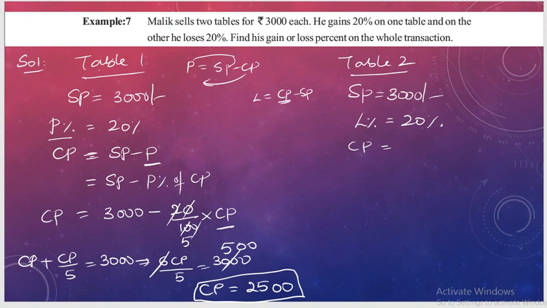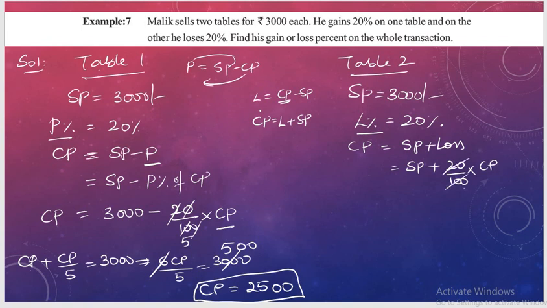So from this, CP is equal to loss plus SP, right? So CP is equal to SP plus loss. Here loss percentage is given, no? So SP plus loss percentage means, if you want to convert the percentage into loss, we can directly take it as 20/100 into CP. Now again, if I transpose, this becomes CP minus 1/5 into CP is equal to,